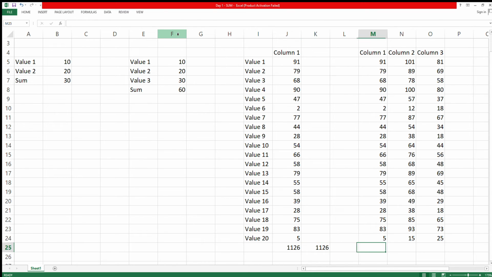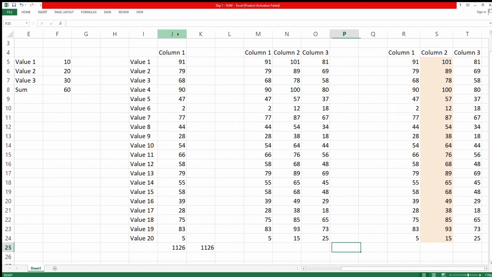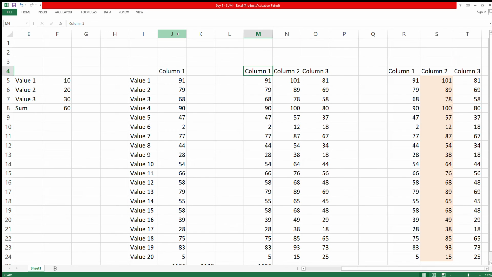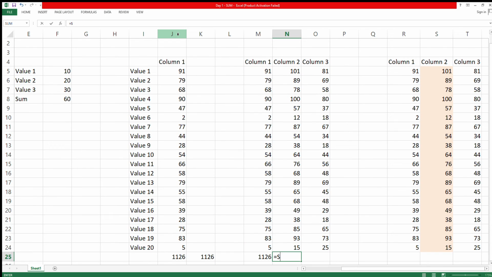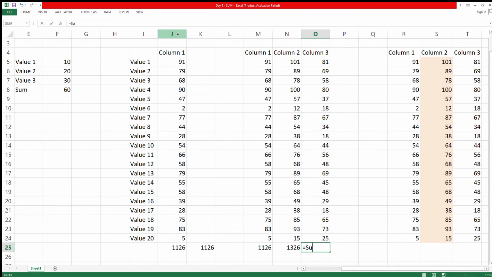Another example, we have three columns now. We need to add the sum. With the last example, we'll just select sum, select this column, then again sum, select this column, sum, select this column.